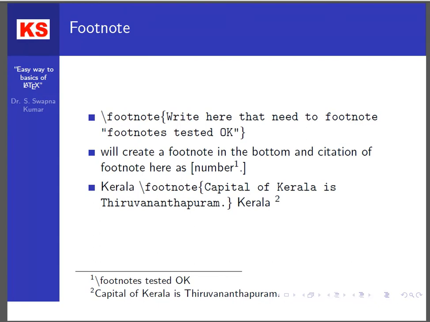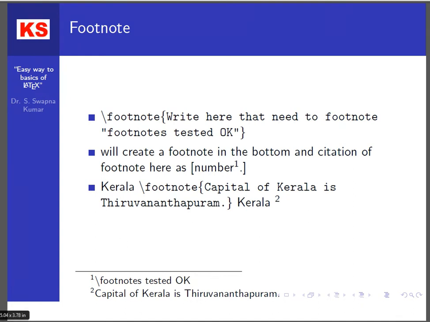So here the text is: footnote tested okay. This particular command has to be written like \footnote{footnote tested okay}. The moment you write this command, it will execute automatically.